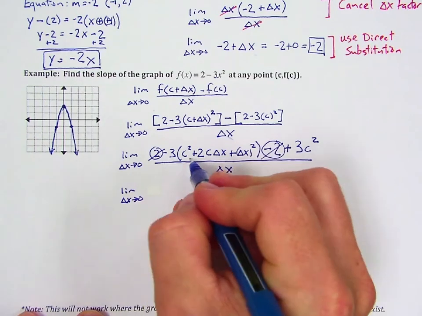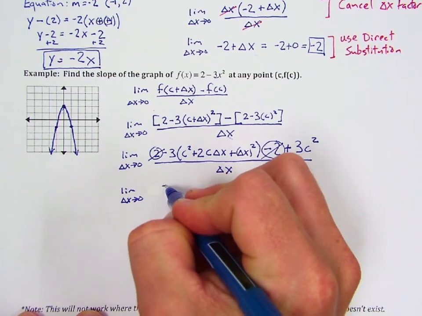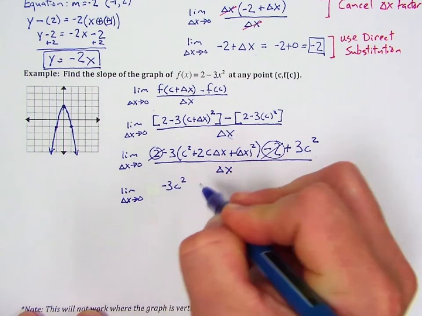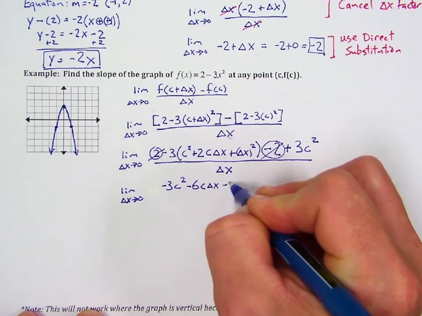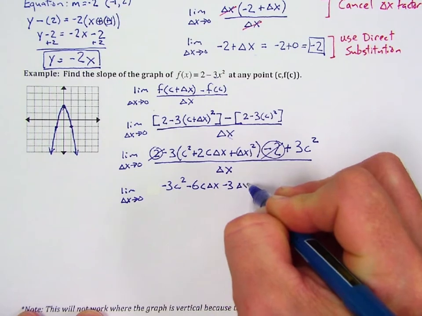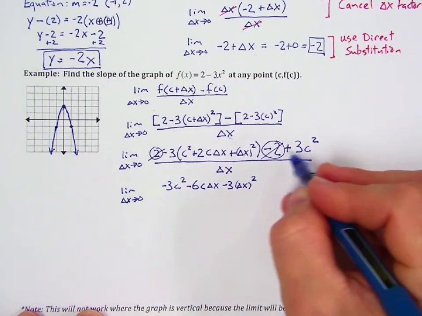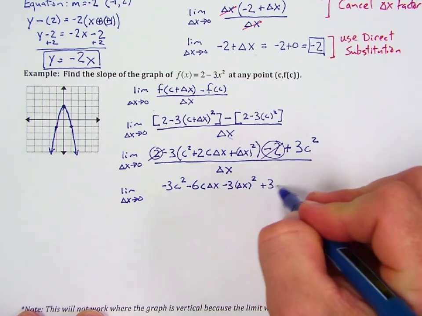Let's just distribute the negative 3. So negative 3c squared minus 6c delta x minus 3 delta x squared. And then we still have plus 3c squared